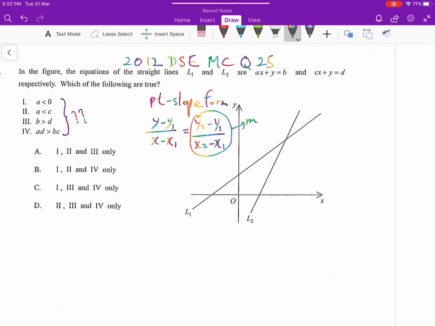Let's do it. First of all, you have to put points on the straight lines. On each one you put 2 points, and the point where they intersect each other must be included. Wherever you put the point, it must make sense. What does it mean to make sense? If you put this point as (1, 0), for example, the sign must be true. You cannot put it as exactly 1, that's wrong,